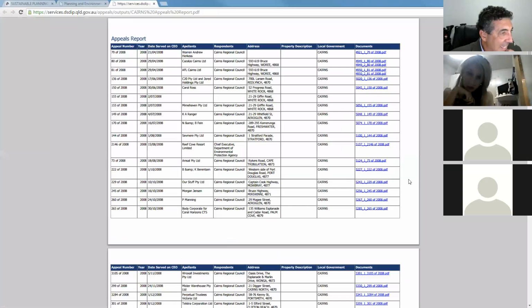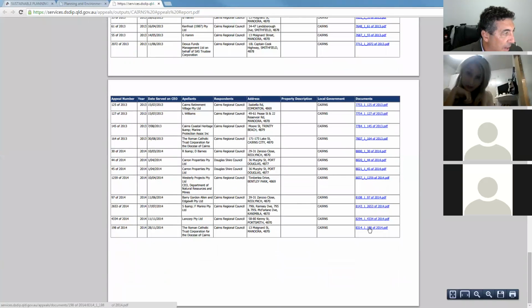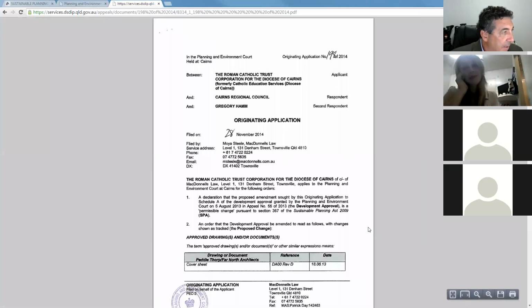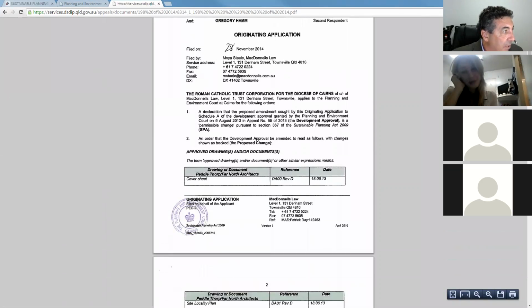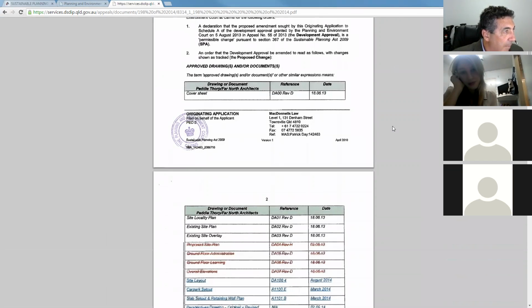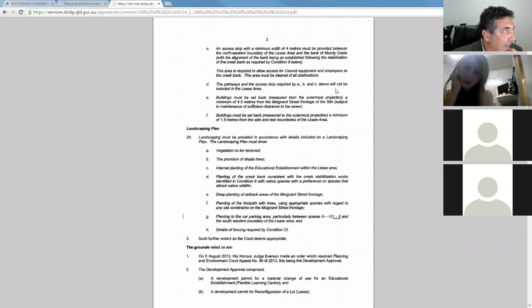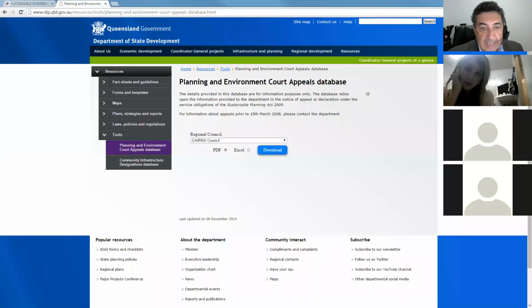So if we just go back to Cairns again, you'll see that there are up-to-date materials in relation to this right up to 2014, and that's the originating application in this instance for the Catholic Church, seeking a declaration for a proposed amendment to an originating application. All right, and that shows you the relevant material in relation to that case. Okay, so that's all I had to show you in terms of sharing my secrets in relation to some research, and